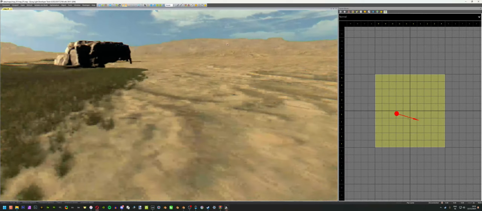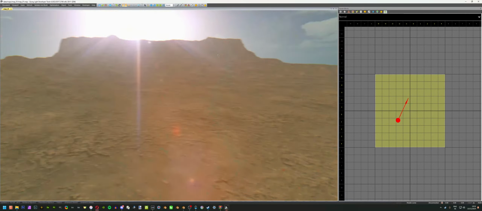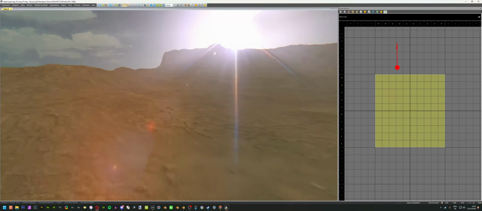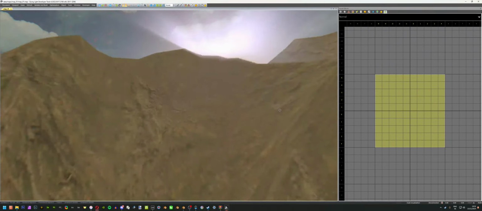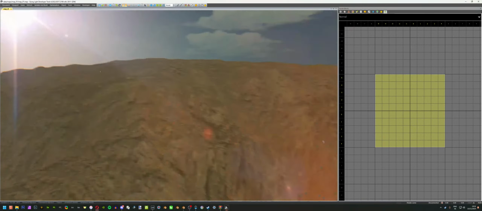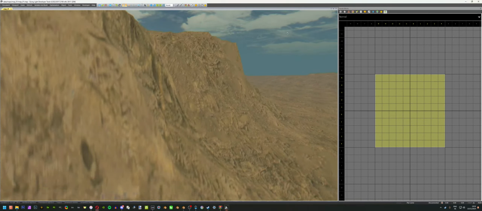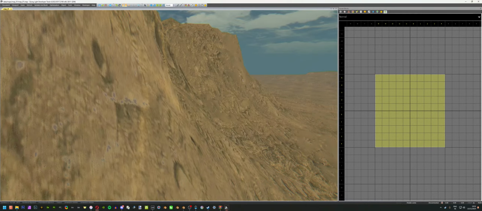I mean, if I would need to create all this terrain, it would take way longer, right? Way longer. Then if you're not happy with all that,